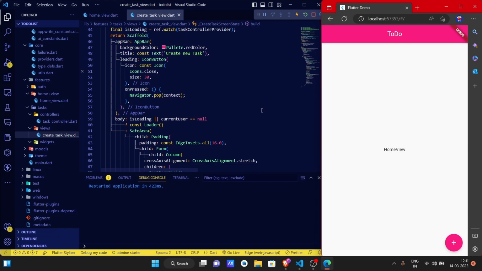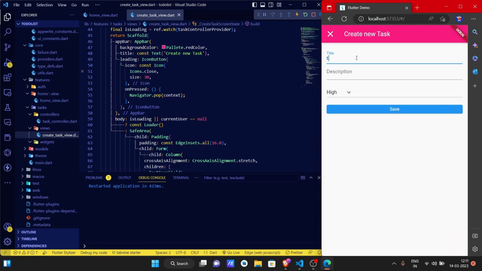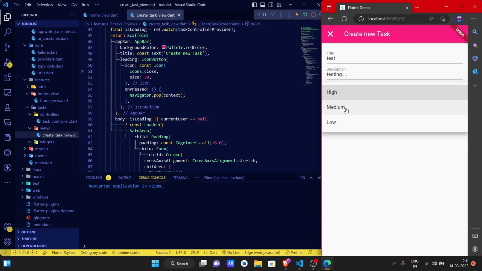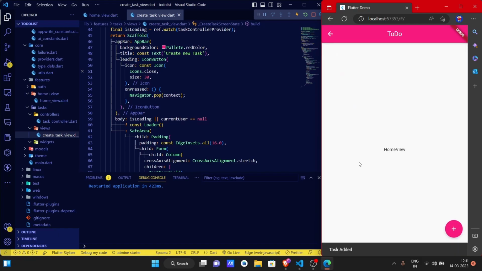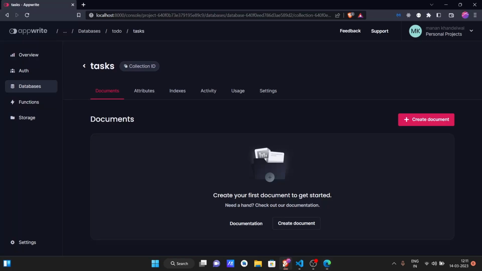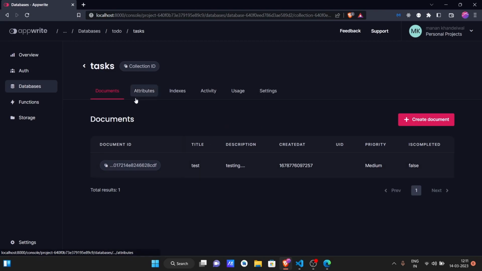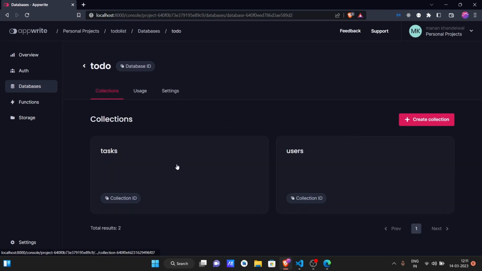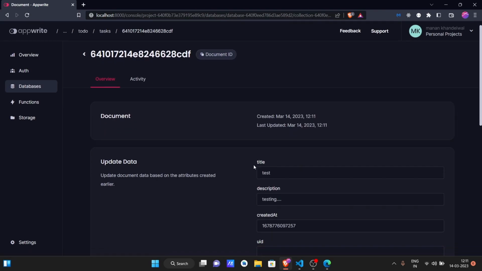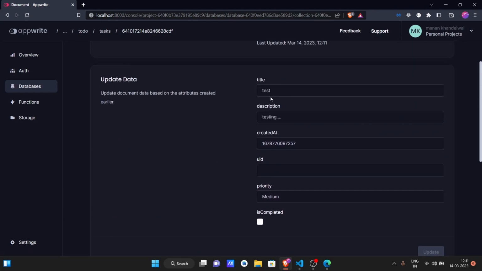I think our application has restarted. So go to home and now testing. Let's just select and save. As you can see, tasks added. We got a messenger and now go to our console, refresh it, and yeah, it is saving our tasks to the task collection in Appwrite, right? And as you can see, testing, created at